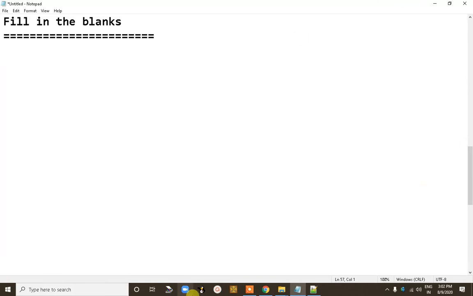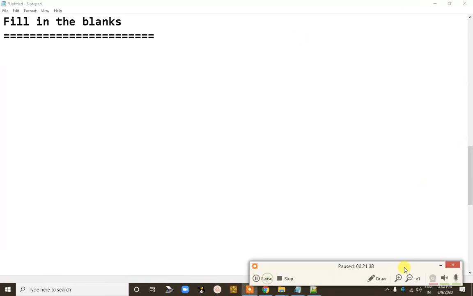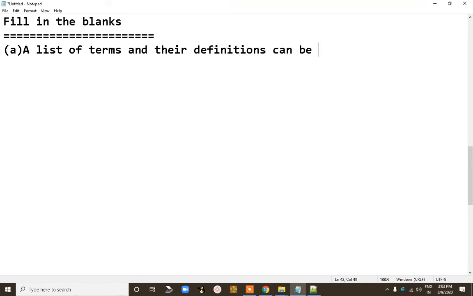Now the first fill in the blank is A. A list of terms and their definitions can be created using the DL tag.